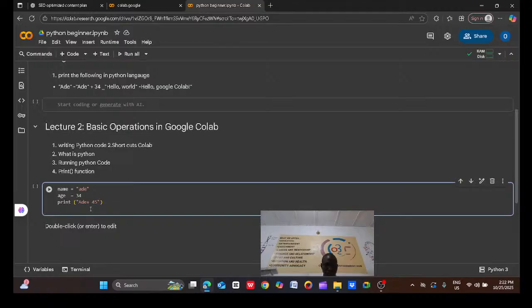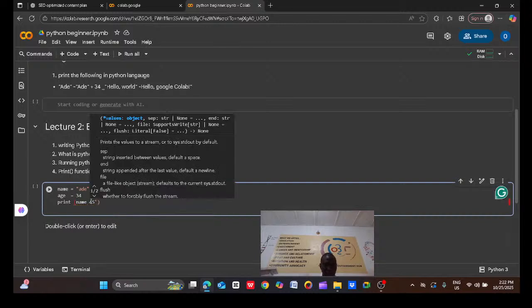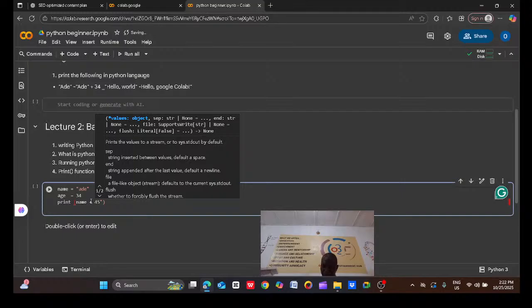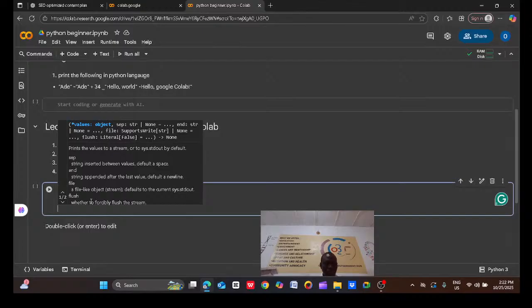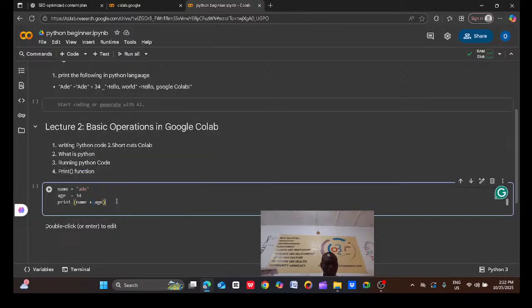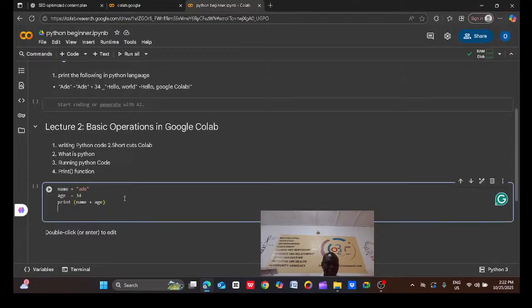You will not put the name here. What you will do is just put the name, print name plus age. Print name plus age. So then you execute.